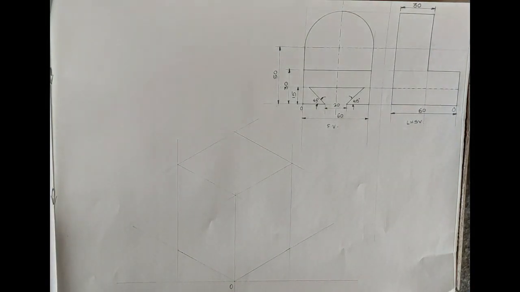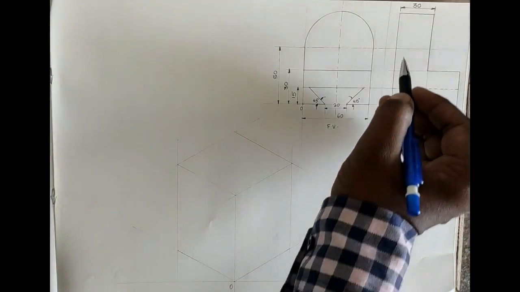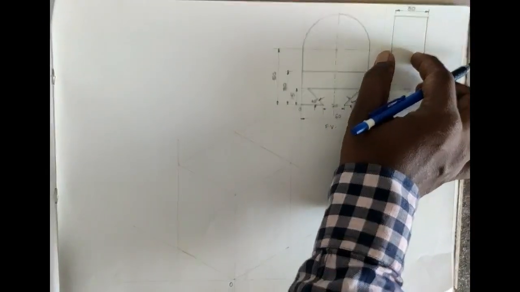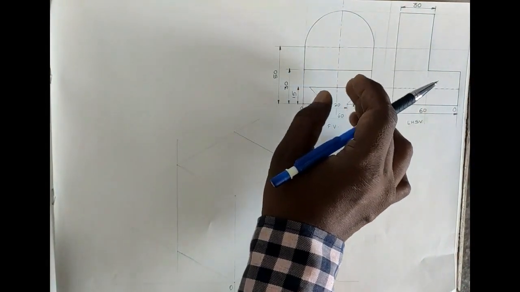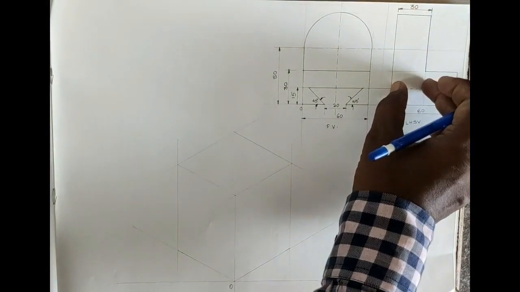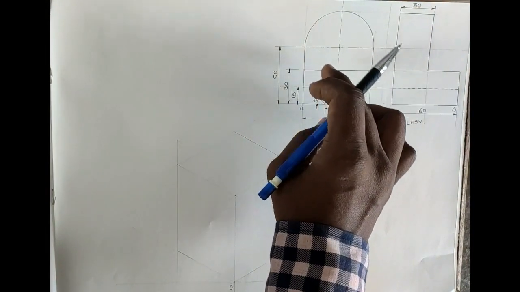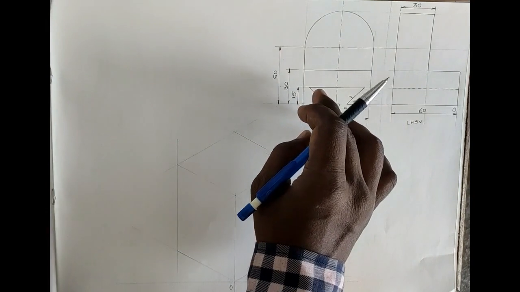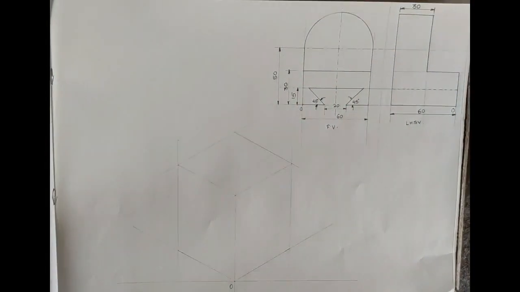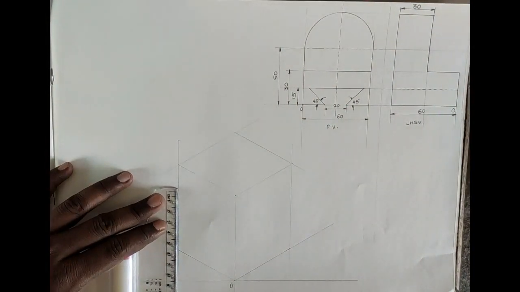Now here, this is one box within which we have to complete our isometric view for the given orthographic views, the front view and left hand side view. Now here initially some views are given, so accordingly we have to predict the depth of section or width of section. Now here if you observe this 30 mm depth section, it is having some semicircular part on this front view. Now here it is having height. So initially 50 mm we are marking from the end side of the section or from the view. So mark 50 as it is.